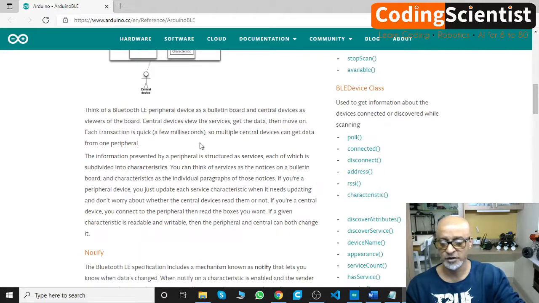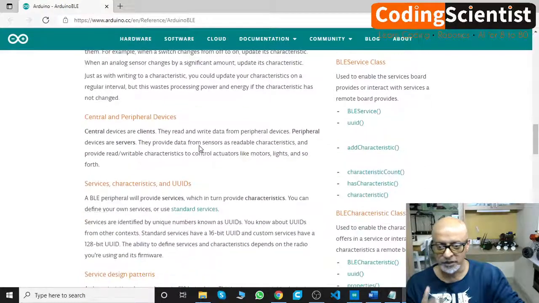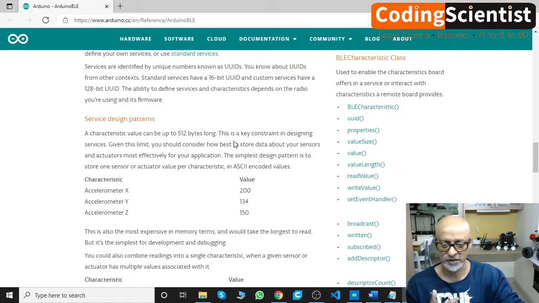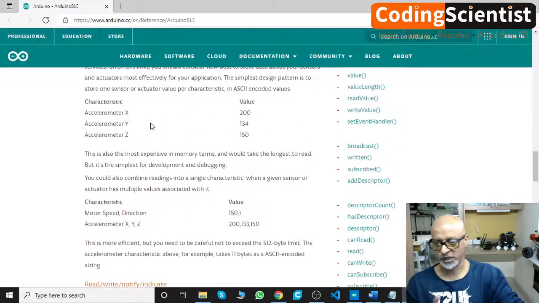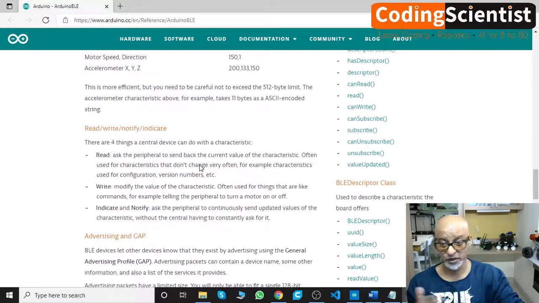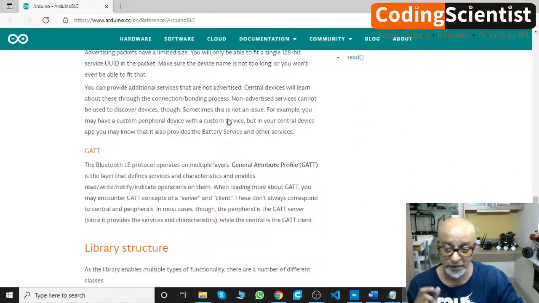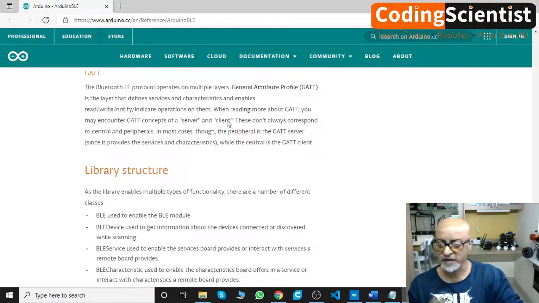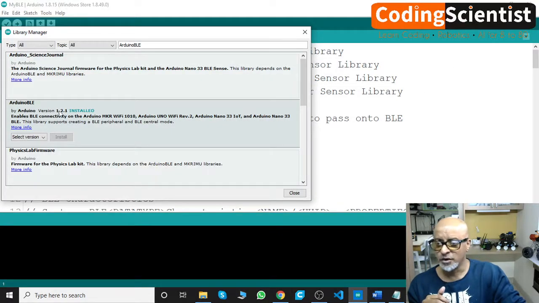It's a skill you guys are developing, so go ahead and read through this. Understand what these peripheral devices are, understand the characteristics, and understand what UUIDs are, which are a universal standard, and how this works, especially for the accelerometer XYZ axis, and for motor speed and directions. There is a ton of information available in the library link. So go through this, read, understand. In case you have any doubt, you can leave a message. I'll be happy to guide you guys. So go ahead and install this.